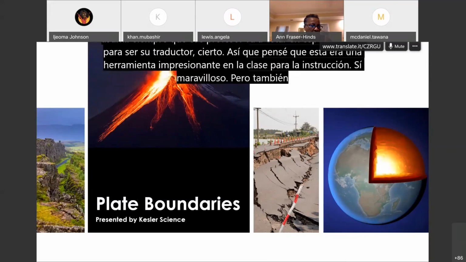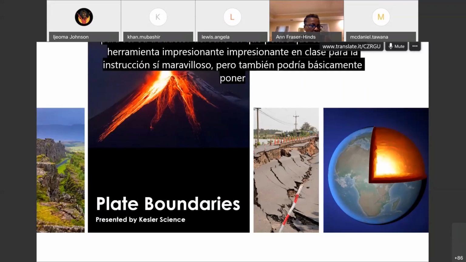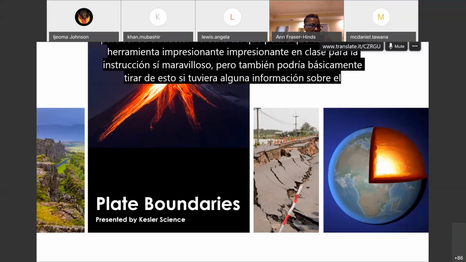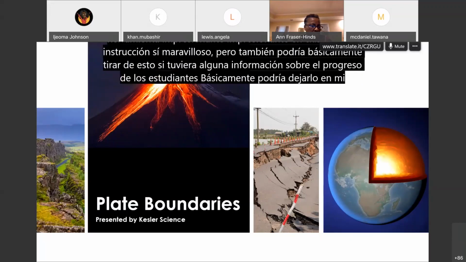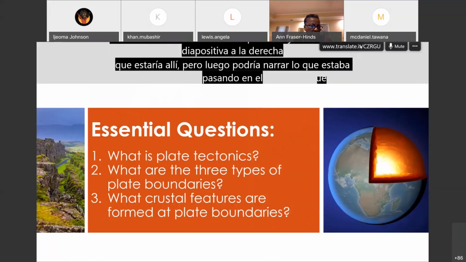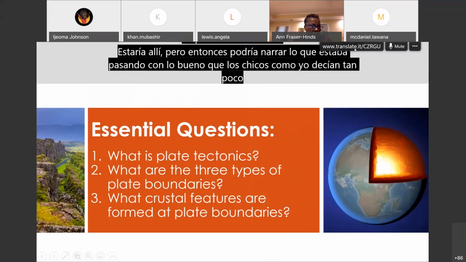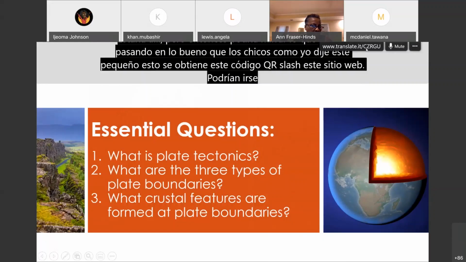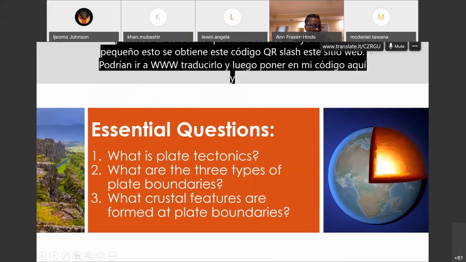But also, I could basically pull this up. If I had some information about the student's progress, I could basically drop it in my slide, right? So it would be there, but then I could narrate what was going on. The great thing, guys, like I said, you get this QR code and this website. They could go to www.translate.it,